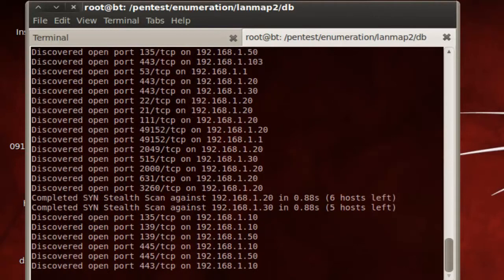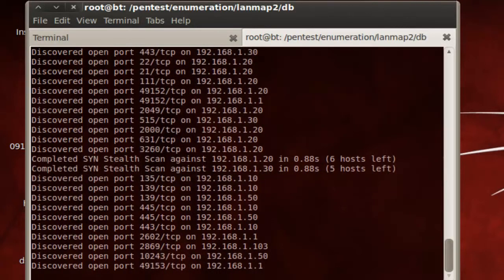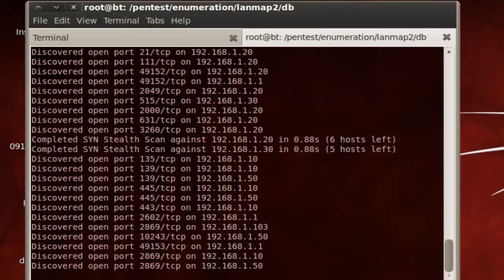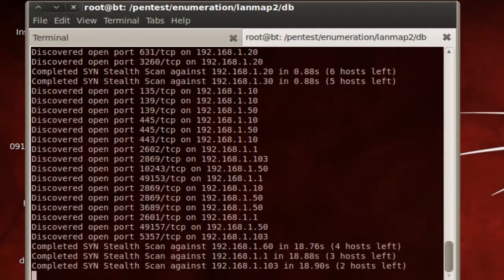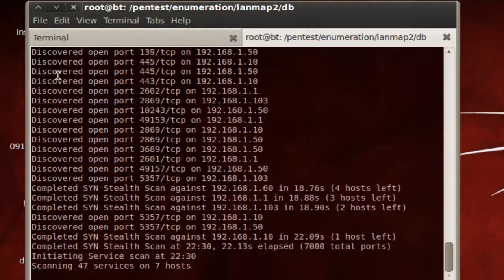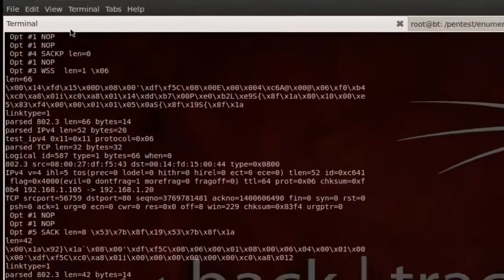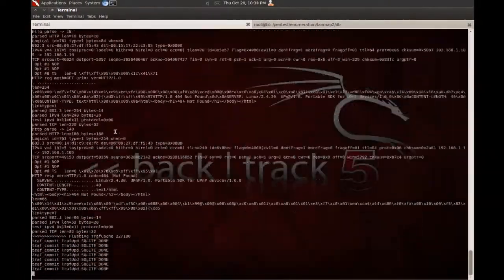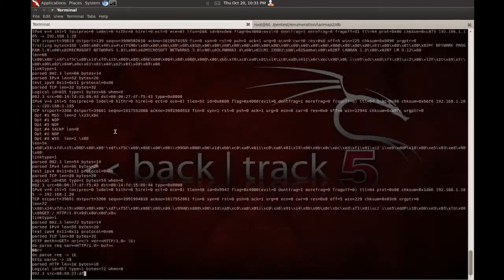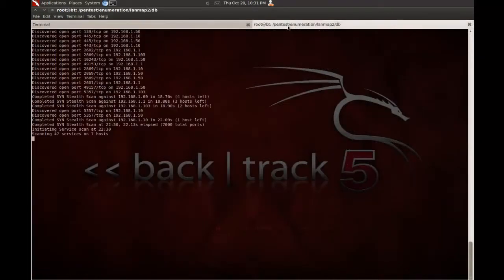And don't be too alarmed if you notice a bunch of open ports on your local network, because it is pretty common to see a bunch of open ports on your local network. You should have a good firewall, though, between all of these computers and the internet, that is actually going to be stopping any malicious traffic to any of these ports. So while that's running, go back over here. As you can see, this is still capturing data. And all of this data basically is what it uses to generate the actual graphical image map of your network. So as soon as nmap is done, which should be done in a sec,